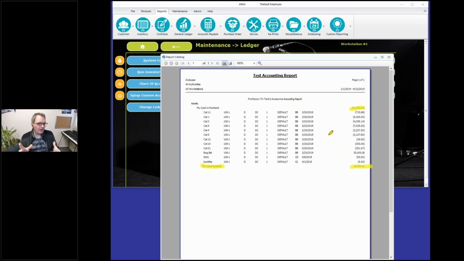So usually when you're looking at a balance sheet, the amounts that are in assets, you'd want those to be considered a positive. Your liabilities you might want to consider to be negative. So if you just wanted them to be outlined in that way, you don't reverse the signs on those particular line items for detail and total. But let's say you were setting up a balance sheet and you didn't want them to be